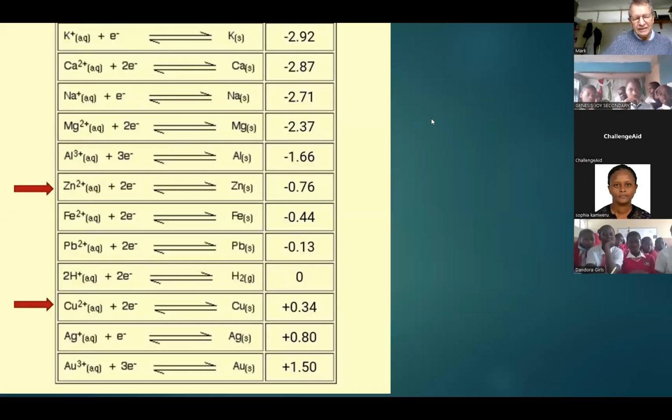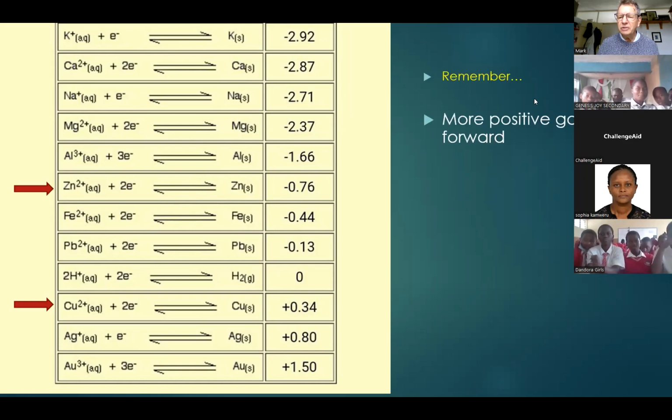Now let's just look at this again. So here are the numbers. So with an electrode potential, and this may be worth writing down, just the zinc and the copper values and the equations. And here it shows them as reversible reactions. And the thing to remember is this. Number one,